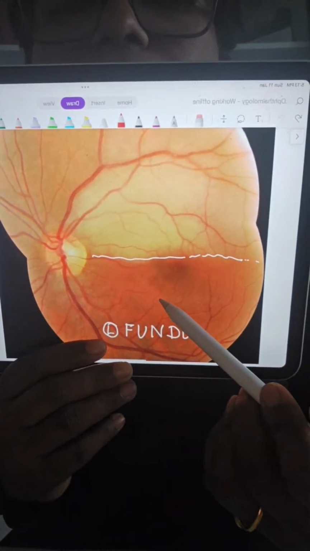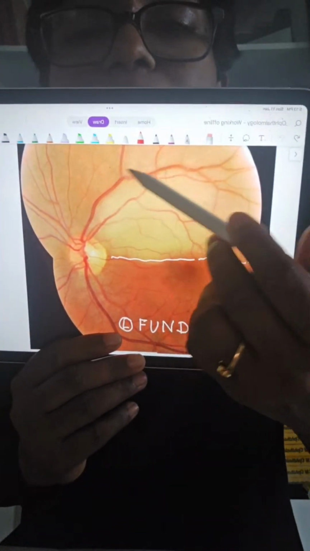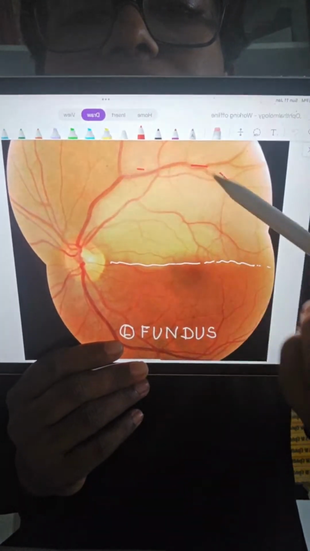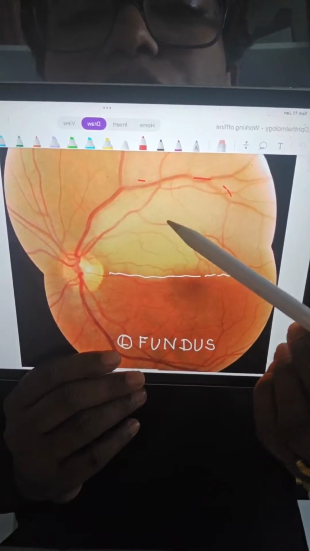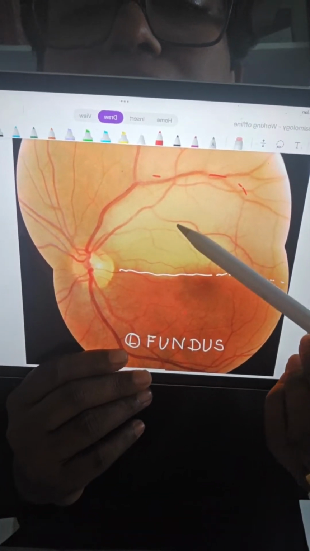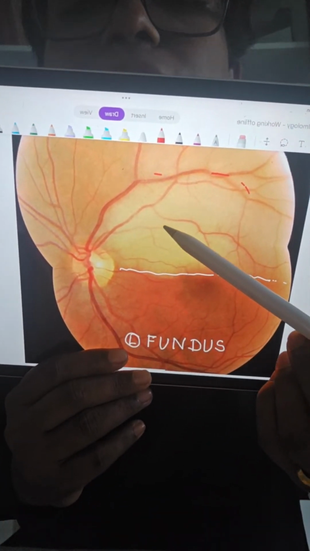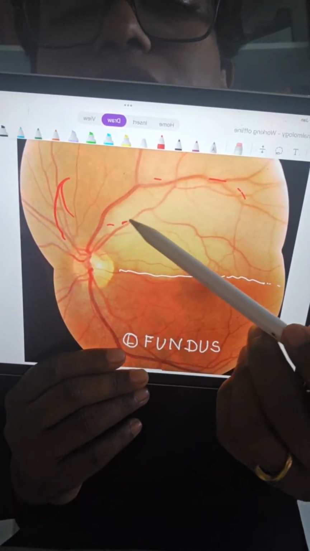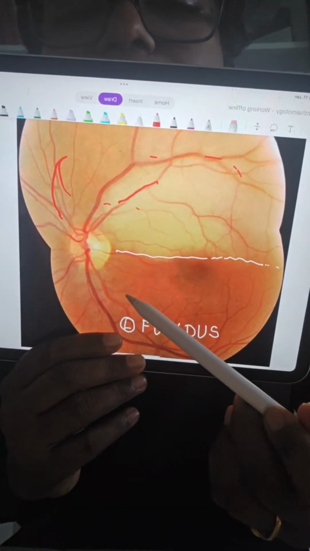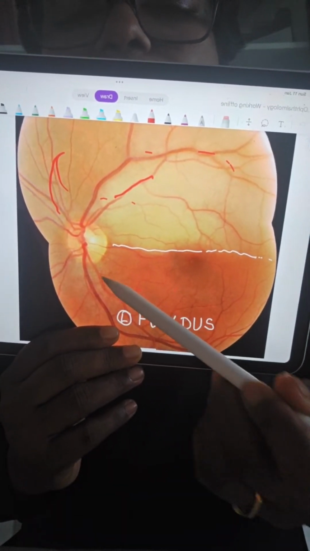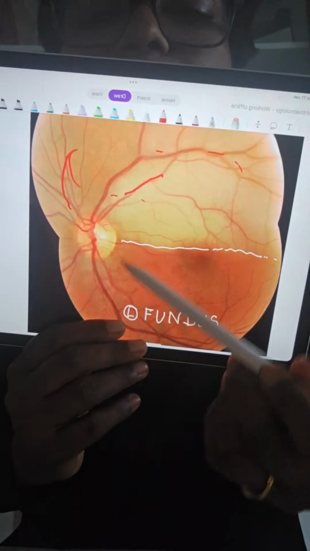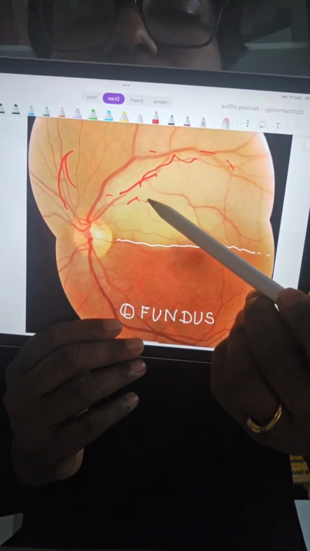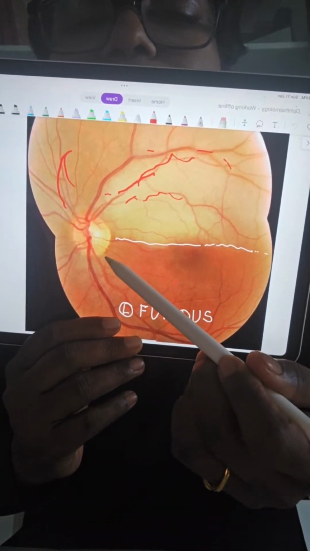The normal color below, and almost the entire upper half, there is this occlusion and therefore there is a retinal edema. Yes, can you see that? And can you see all these arterioles? All these arterioles are attenuated, whereas below you can see the arteriole is a little bit attenuated but not entirely collapsed like these. These are just streaks, completely collapsed.